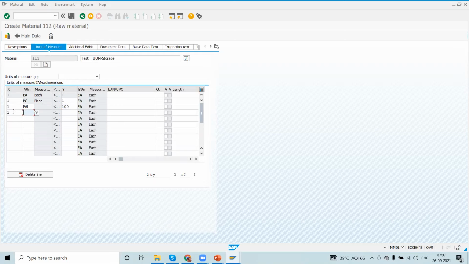And one curtain is equal to 1000 each. So whenever the vendor delivers 100 pieces, he is going to provide in pallets. Whenever the vendor is delivering 1000 pieces, he is going to provide in curtains. So like this, we are making a conversion here.